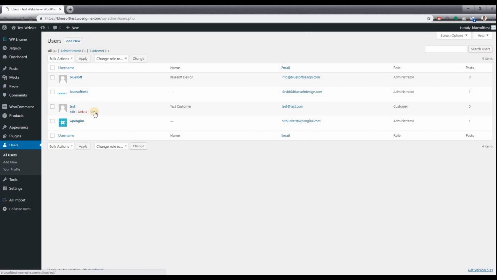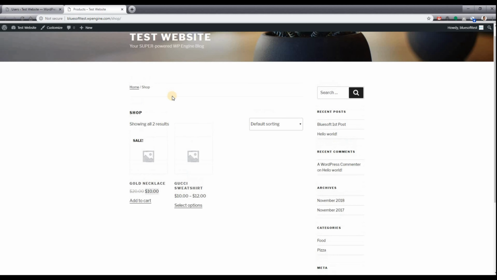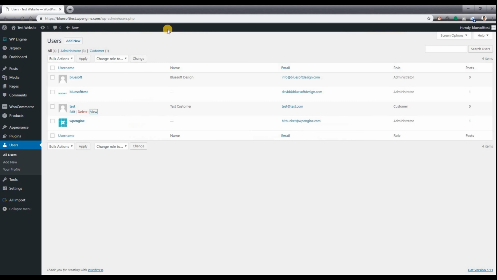You can view the specifics of a customer on the front end of a website, and it doesn't really show you too much. It shows you the user's profile if someone were to ever go to this URL, and in this case it just redirected us to the shop. You can delete a user, or you can edit a user's assigned settings. So in this case, we'll click on Edit,